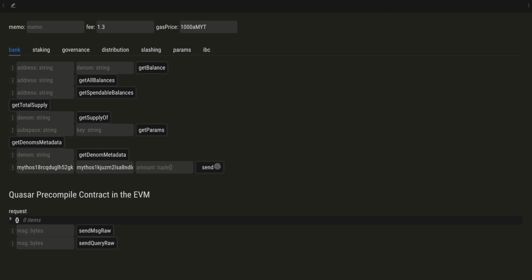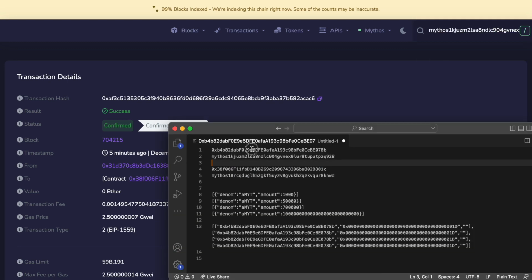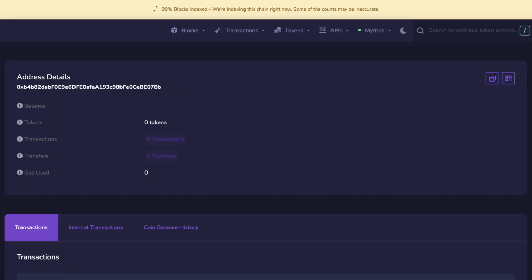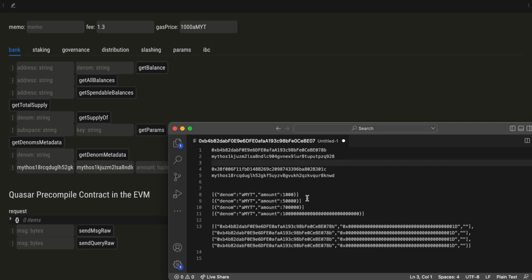And let's actually look in the Explorer and look at the recipient address to see what balance it has right now. And it has 0 tokens. So this will be a very clean cut example. And now for the first message, we'll have the denomination is a Myth.